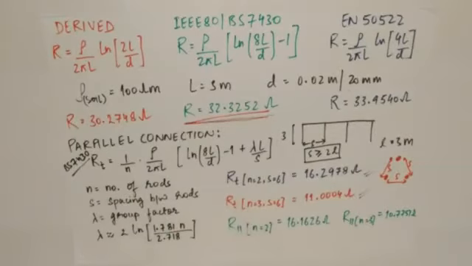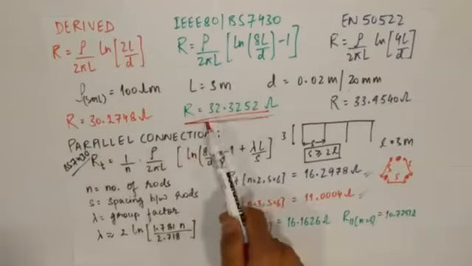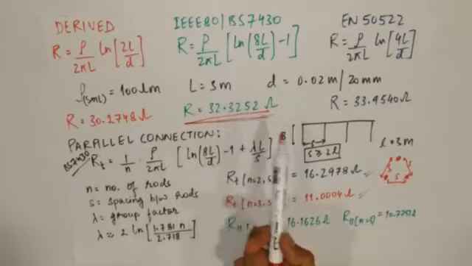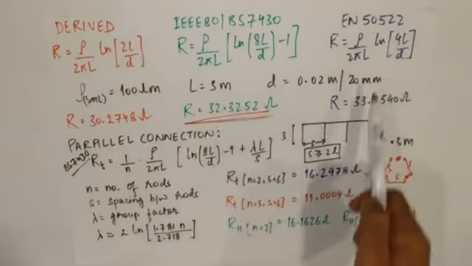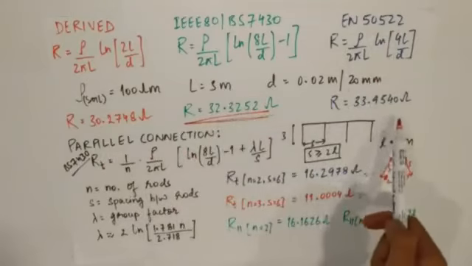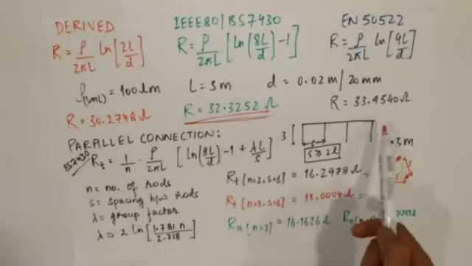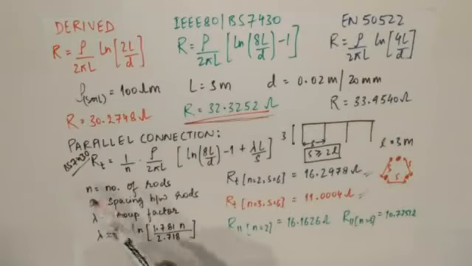Now suppose you require lesser resistance, so you need to install more electrodes in parallel. For the parallel combination, if you install 2 electrodes, you divide this by 2, and if you are using this standard, you also divide by 2. If you are installing 3, then by 3, like that. But